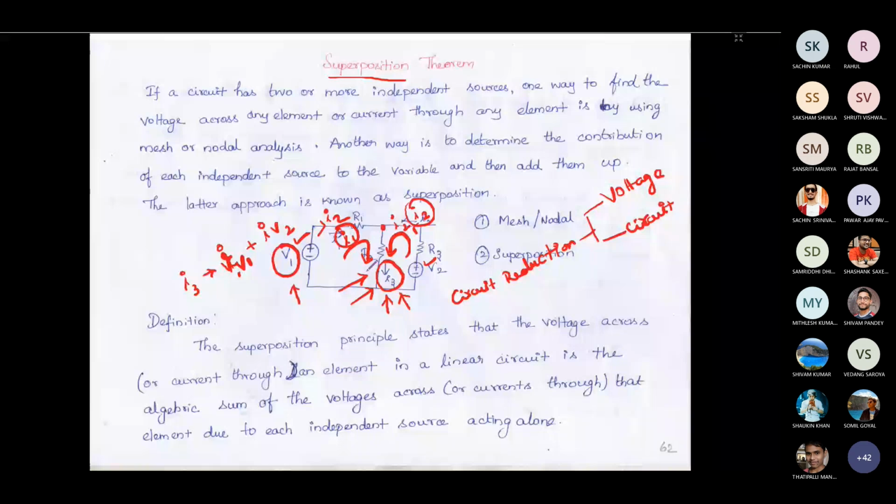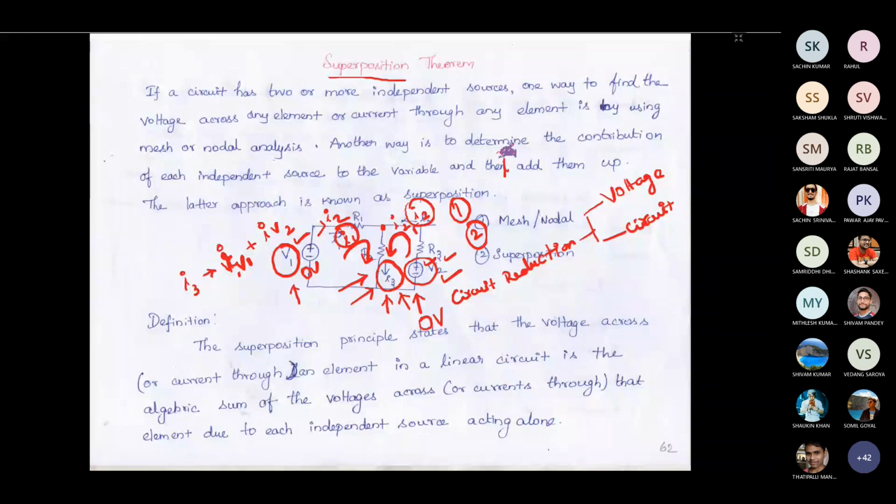At that time, I have to remove this voltage source. I have to make this voltage source 0 volt. Then I have to find the contribution of this V1 for this I3. That is step 1. For step 2, I should consider the second source. That time I should consider the first source as 0 volt. Then I have to find the contribution of this source for this current, that is I3. After I find the contribution of the second voltage source, I can add the contribution of individual sources in order to find I3.